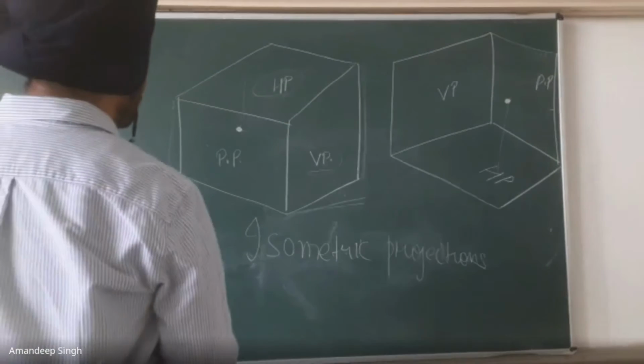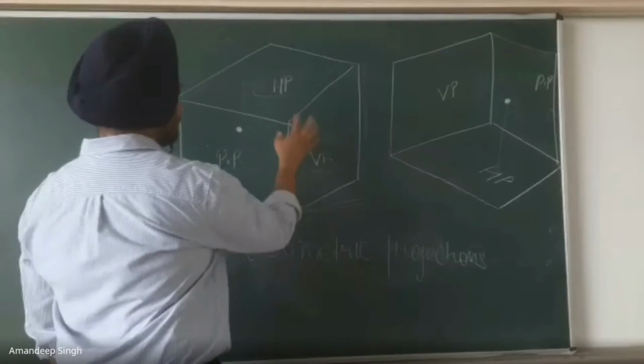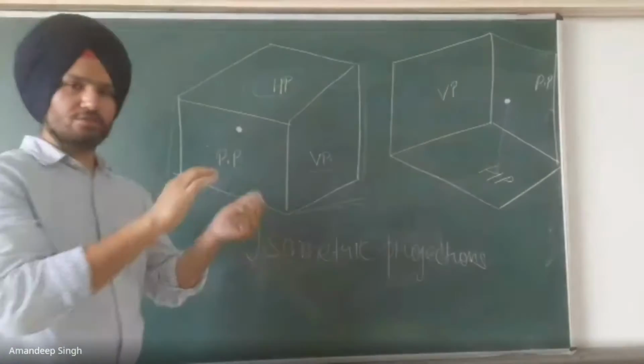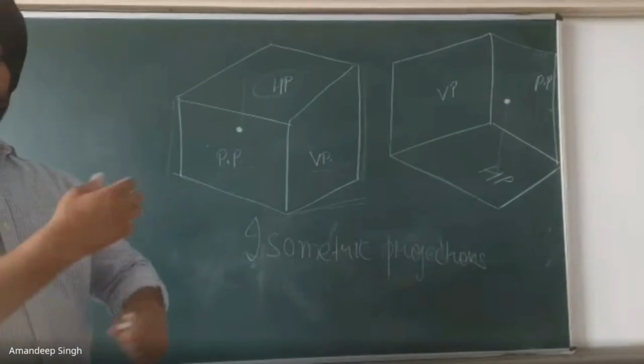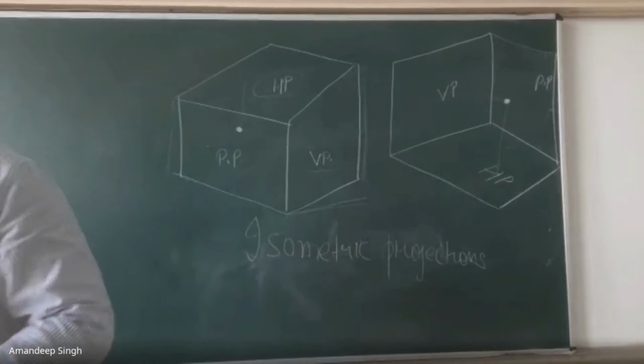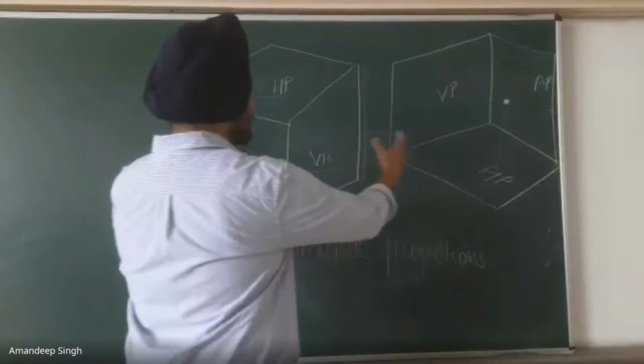But how do we have to project this? Isometric projection will project it, making a 3D picture. A 3D body is formed. It can be a cylinder, a simple cuboid, a cube, or a combination of cylinder, cube, and cuboid. It could be anything, different shapes. You can form any 3D pictorial view.